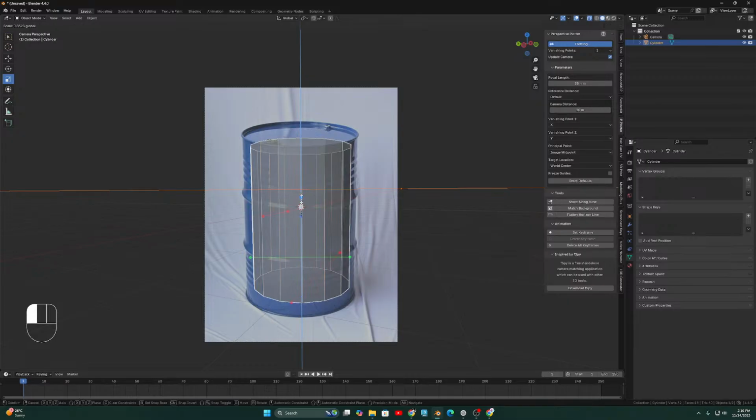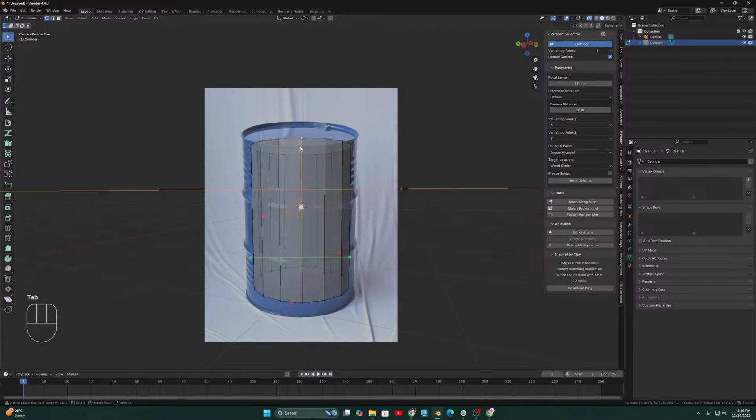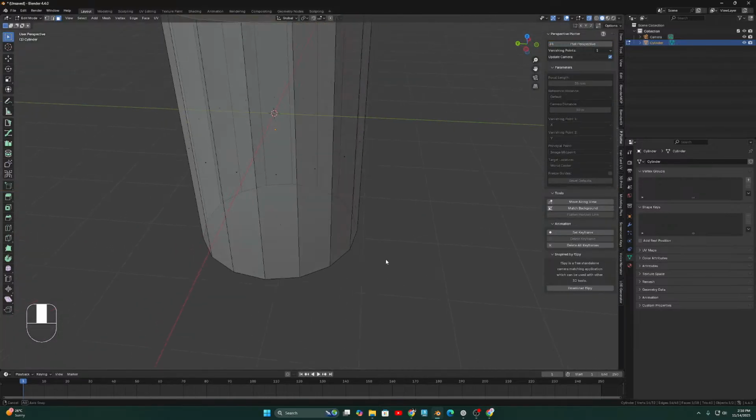Wait, I'm just checking that I'm in the right view or not. Okay,